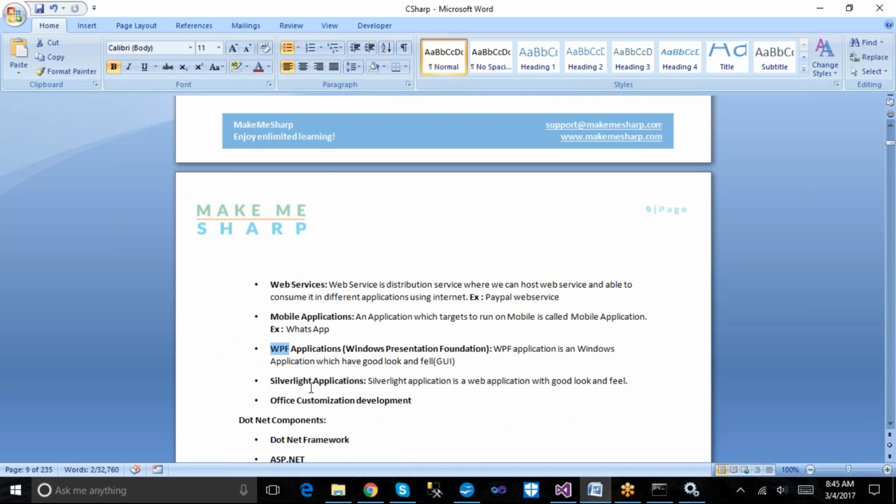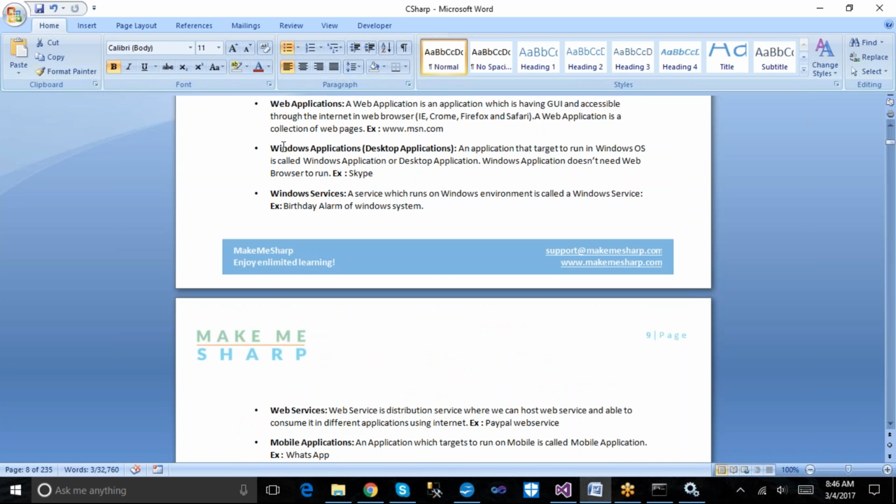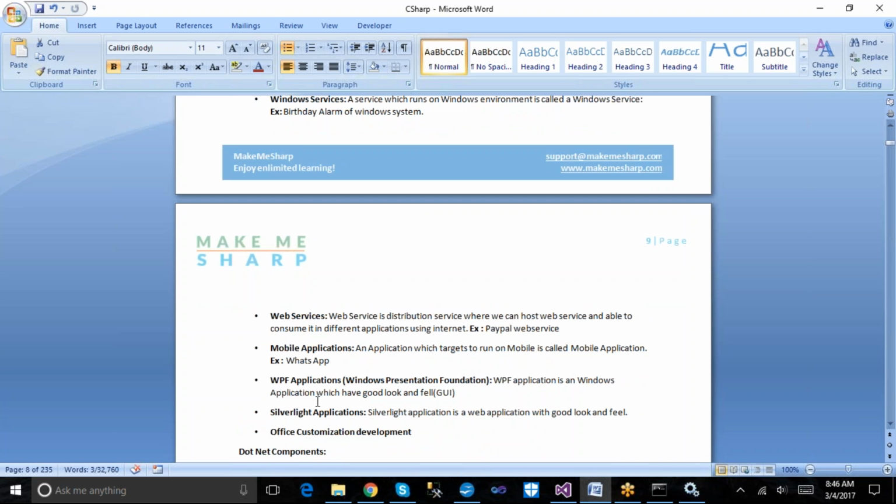We have a concept called WPF application development, where the full form of WPF is Windows Presentation Foundation. So this WPF application is also a desktop application. The difference between the Windows application and this WPF application is